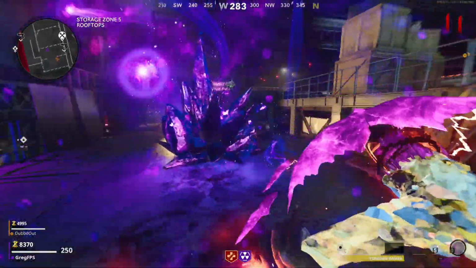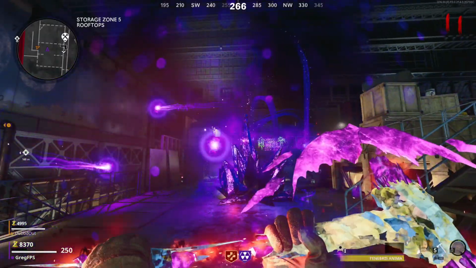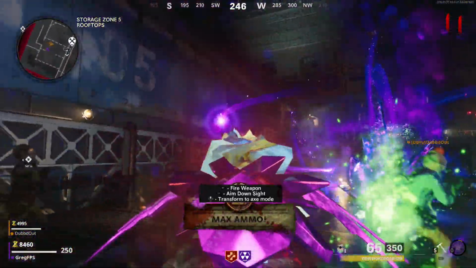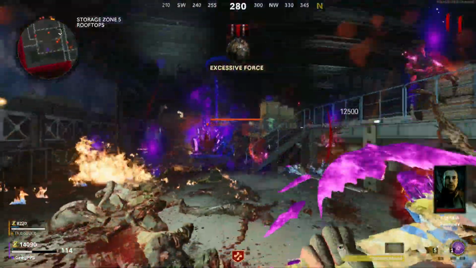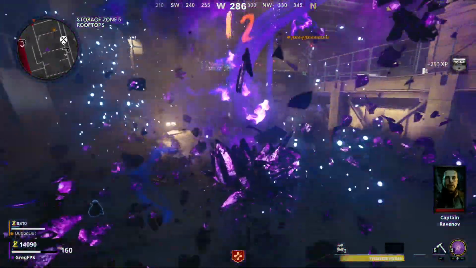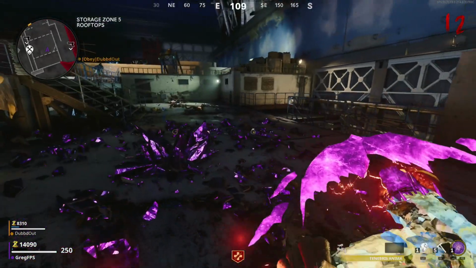So the first area out of 3 is the storage zone 5, and what you have to do is shoot all the different spores or things that are circling it, and once all 5 are destroyed, all you're going to do is destroy the crystal with the wonder weapon. So you can get the wonder weapon from trials. I have a guide out on how to get the weapon for free as well, and once you break that,